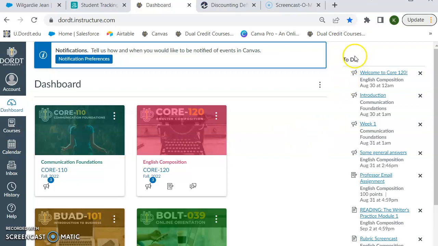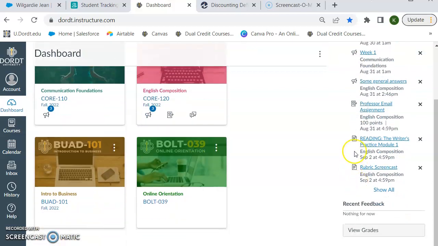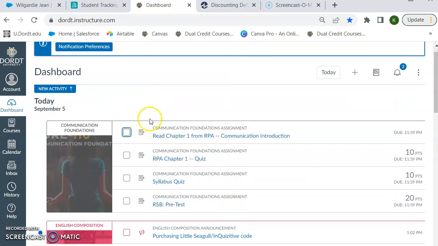have this to-do list, and this is going to be based off of your due date. So your most important lessons are going to be at the top. It'll be like a little announcement icon right here. This is an assignment, this is a reading, and so if we show all, you're going to see all that